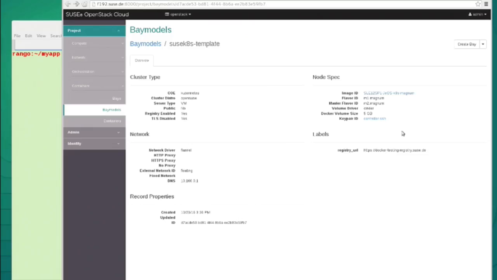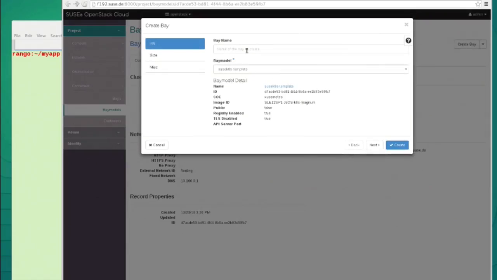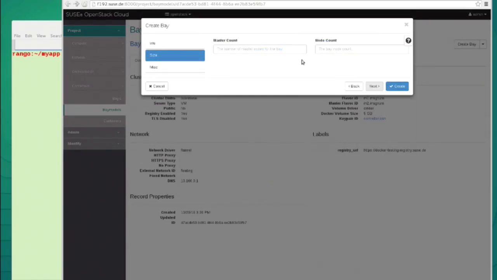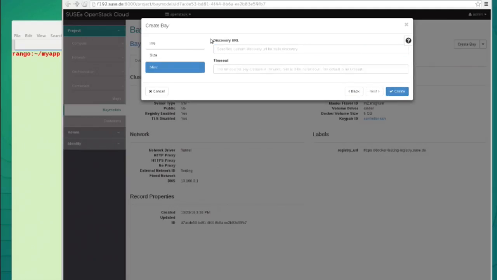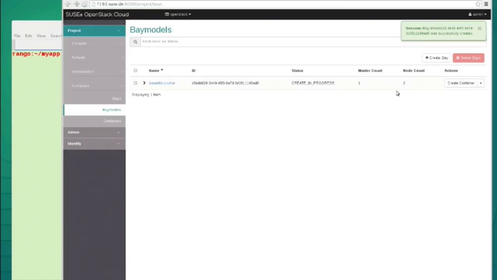And once we create the Bay model template, we'll be able to deploy as many Kubernetes clusters as we want, just, for example, by clicking one button and telling that this Kubernetes cluster will have one master node, and, for example, at the beginning we would like to start with 2 minions.